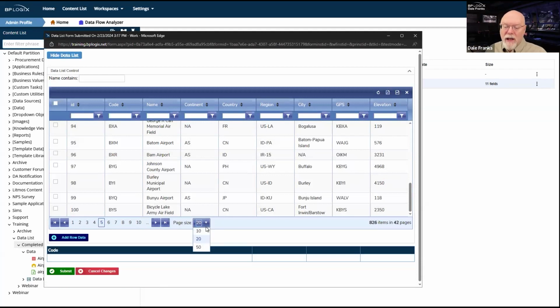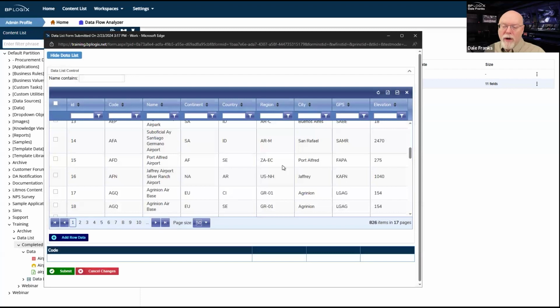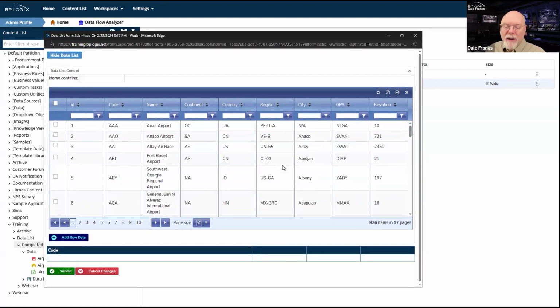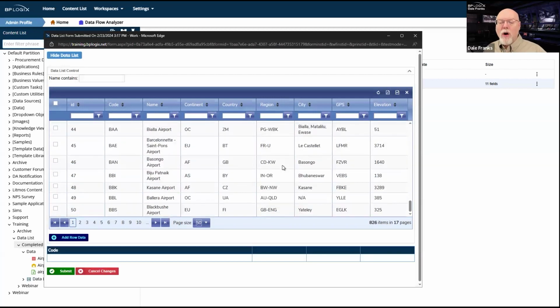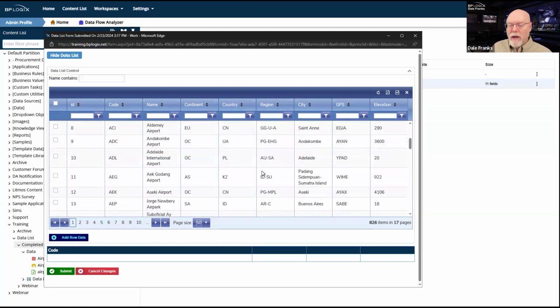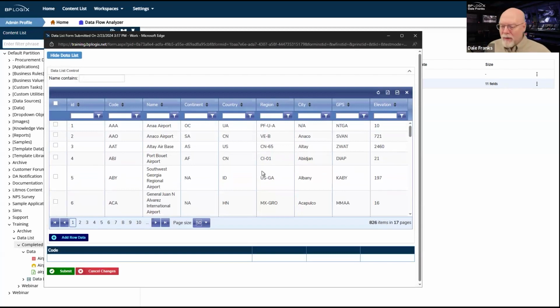Now I can change this. Obviously, I can go to 20 or 50 records, and I can just pull 50 records instead of 20. Doesn't matter. It's still only going to show me the records that are on this page, and it's going to show me in a single control. Now, it's a really cool control because it has a lot of stuff that we can do with it, but it's going to use up a lot less memory. So I get access to my 826 records, and I can see them all, and I can scroll through them, and I can do some other things.